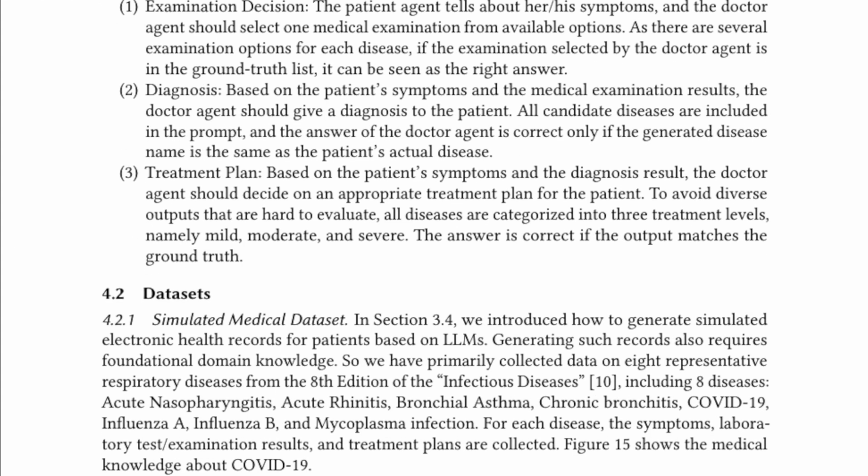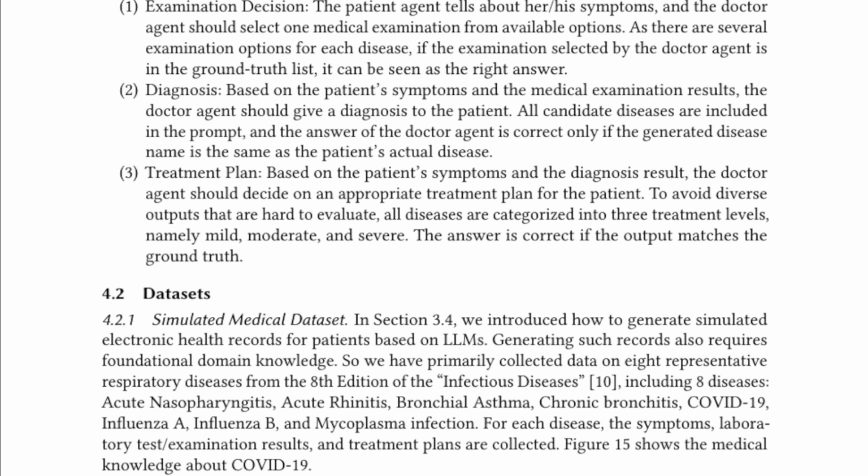1. Examination decision. The patient agent tells about his or her symptoms, and the doctor agent should select one medical examination from available options. As there are several examination options for each disease, if the examination selected by the doctor agent is in the ground truth list, it can be seen as the right answer. 2. Diagnosis. Based on the patient's symptoms and the medical examination results, the doctor agent should give a diagnosis to the patient.